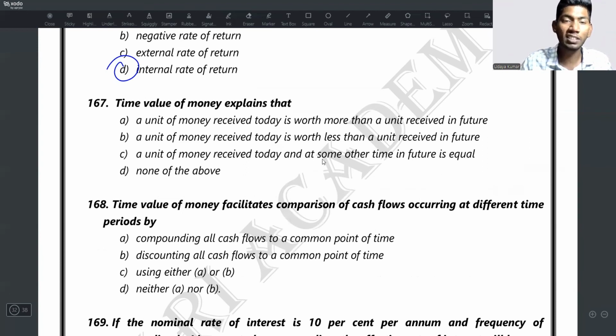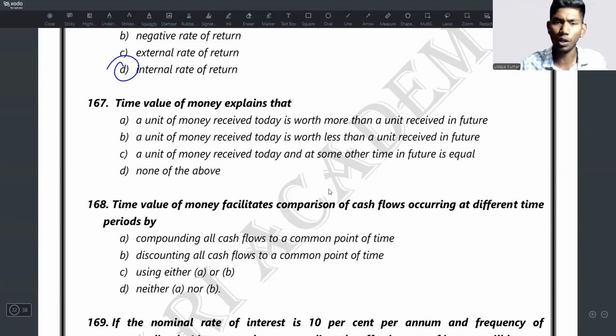Okay, question number 167. Time value of money explains that option A, a unit of money received today is worth more than a unit received in future. Option B, a unit of money received today is worth less than a unit received in future. Option C, a unit of money received today and at some other time in future is equal. Option D, none of the above. It's quite easy because a unit of money received today is worth more than a unit